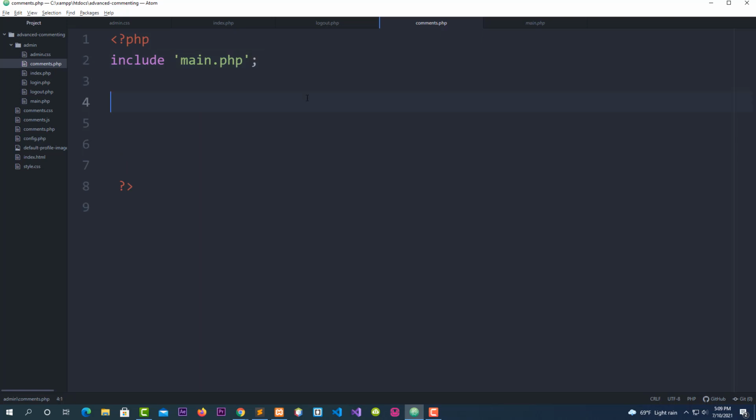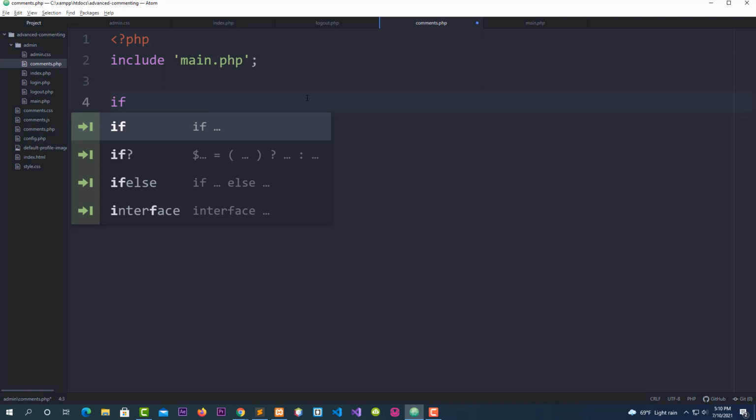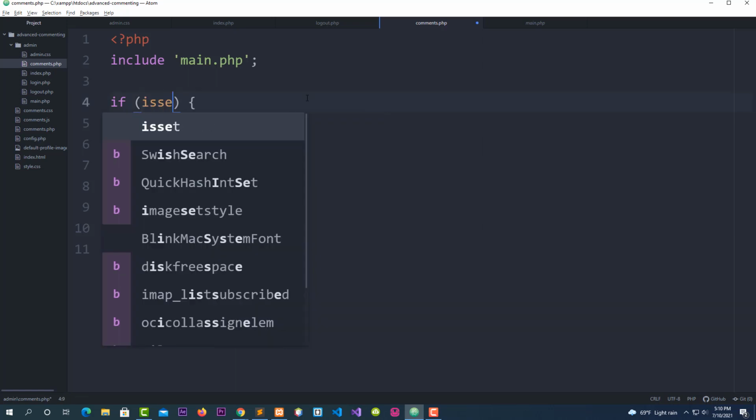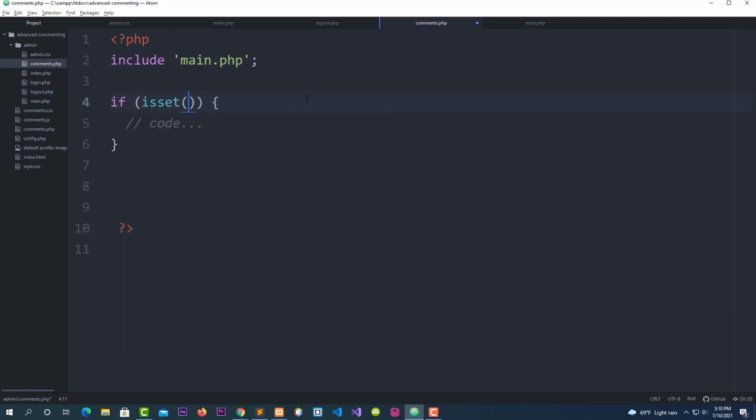Okay. And now go to the next line. Now this is where I'm going to create this line to prepare to delete comment, where ID equals question mark. You don't know yet. So to do this, I'm going to use the if statement for the delete button. I'm going to say if isset, and I'm going to use the GET method, get bracket single quote,